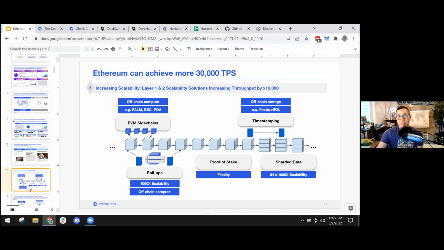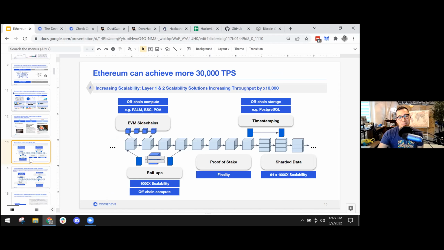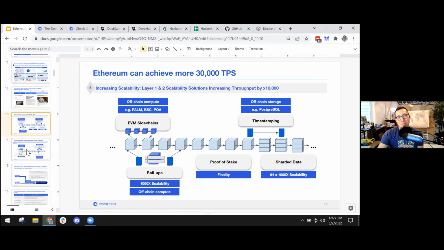I have other slides here, but I think I'm pretty much up on my wanted time to talk about Ethereum. There are ways to scale. It's very complicated, but effectively, the best way to compare this is if you look at your credit card settlement, it is your layer 2, which means that I want to pay for goods and services. The best way to do it is not by using my debit card in this instance, but using a credit card network. The credit card network acts as an instantaneous settlement where the network is fast enough to confirm speeds. And then the data about that network is placed onto my bank,